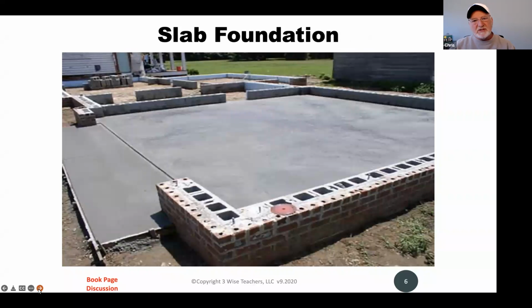Also, as we enter into the construction, what we're going to do is look at the way a house is formed. And so we're going to give you some structural components of that house. Over the next few slides, we're going to show you the most common foundations. This is what's known as a slab foundation. And when you look at that house, notice that basically what it is, is a concrete slab. That's going to be the base of the house, and the house would start building up from there.